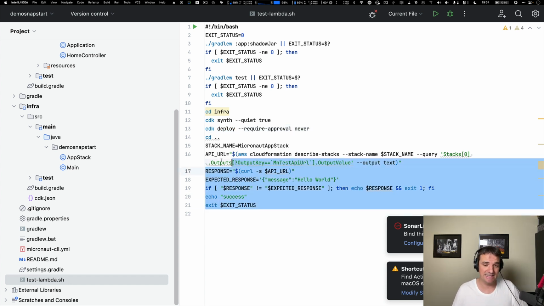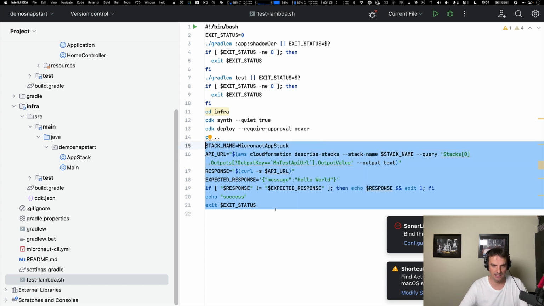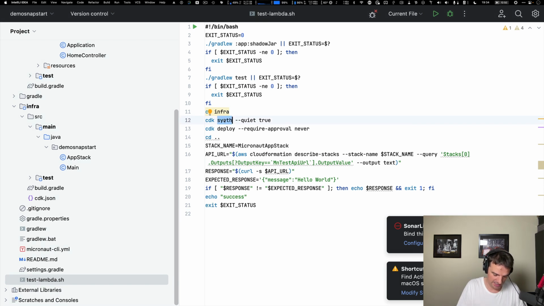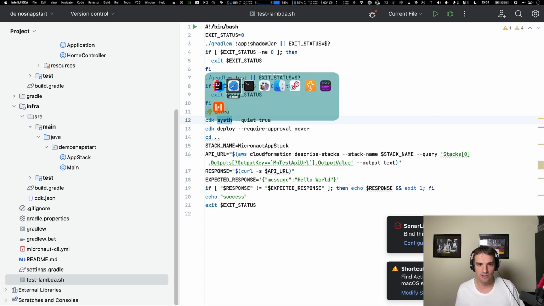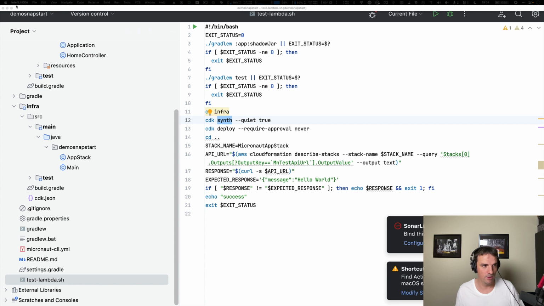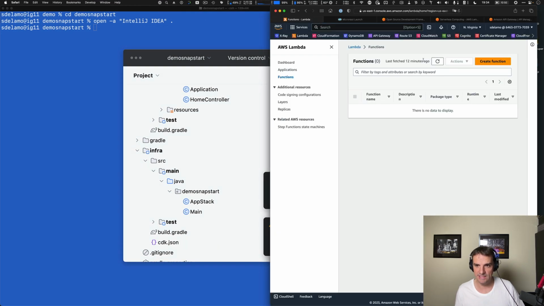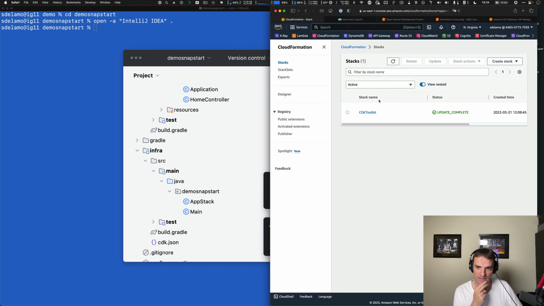And here we are actually testing what we deployed, to see that the thing that we deploy automatically responds hello world. So if I go here to my AWS console, by default, to execute these CDK CLI commands, it will use my default AWS profile, which is pointing to this account that I'm going to show you in a moment. So I'm going to go here to my AWS account. I don't have any function deployed. If I go to CloudFormation, I have run CloudFormation in this AWS account before,